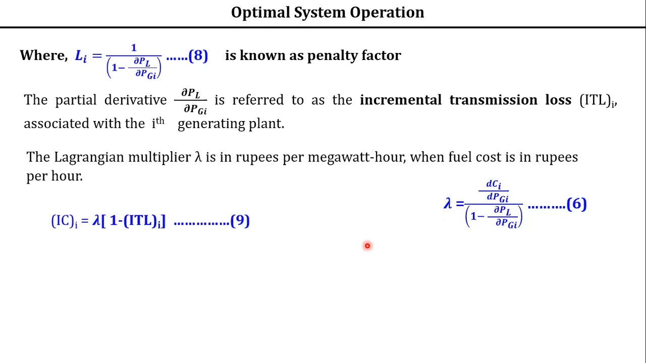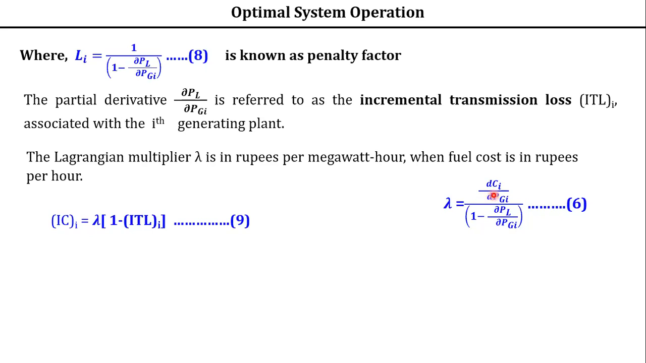Now here you see lambda is equal to this one, we got it. So again we are writing this equation. How we got this equation 9, here you see 1 minus dou PL to dou PGi. What is this? 1 minus dou PL to dou PGi is your incremental transmission loss. So this part I am replacing as 1 minus ITLi. So cross multiply, lambda into this term. Lambda into 1 minus ITL, incremental transmission loss, that's what I have written, is equal to